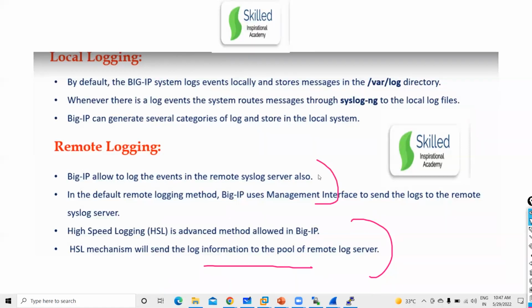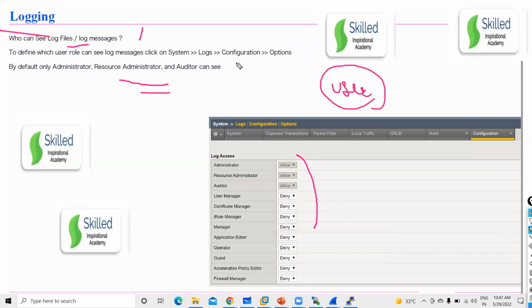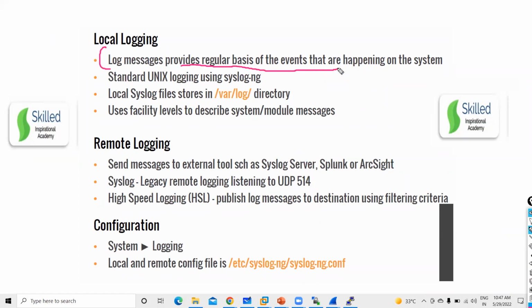See, BIG-IP is allowed to log the events to a remote syslog server also. So you can also configure which type of logs, who can see the log files. That we will discuss in users, right? I don't want my auditor to see the logs. So user-defined you can ignore, I will tell you later on. So that is how it is stored. So local logs basically provide you regular events, what is happening inside F5, and those are stored in /var/log. And remote logging servers are stored in